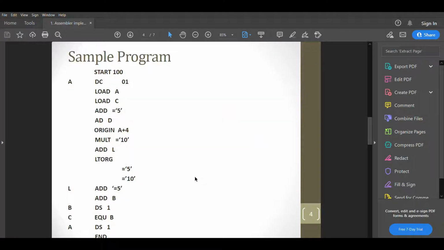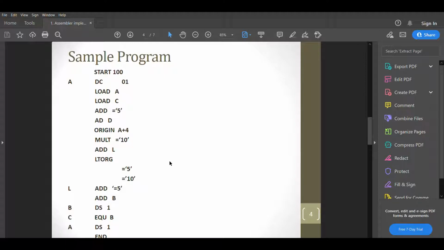Let's see what the sample program is. This is the sample program, and I'm going to explain now how I solved this program, meaning the symbol table and the outputs. What are the outputs?